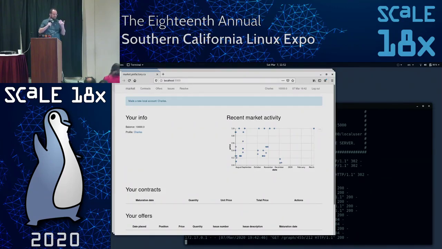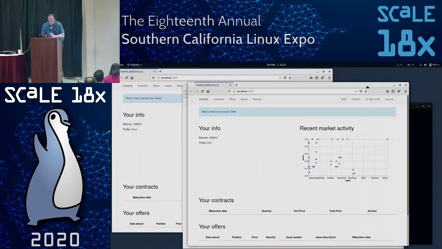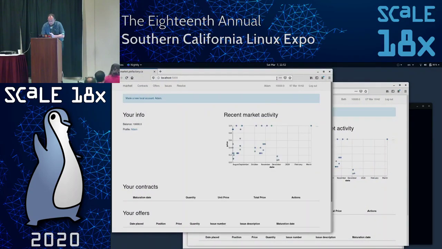So let's work through a simple example. Okay, in this example, I'm an end user of a project. I'm Adam.